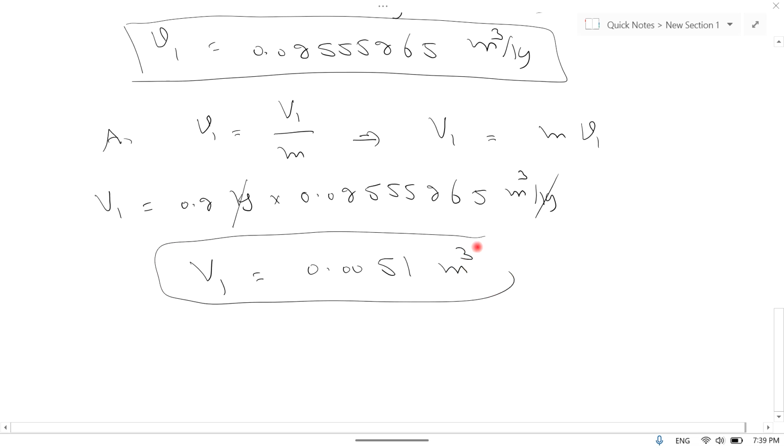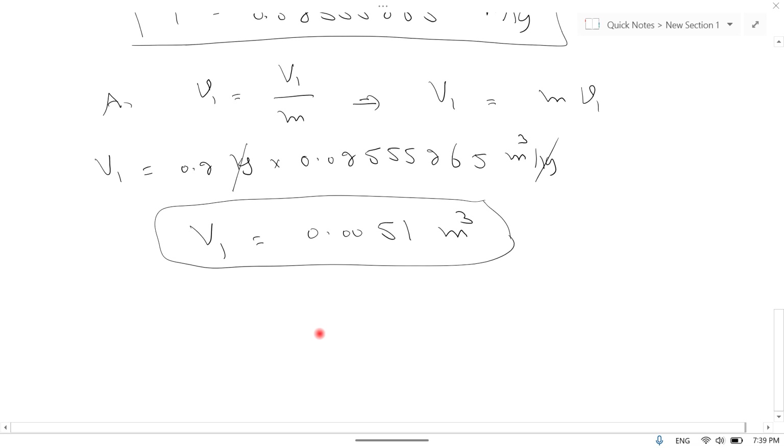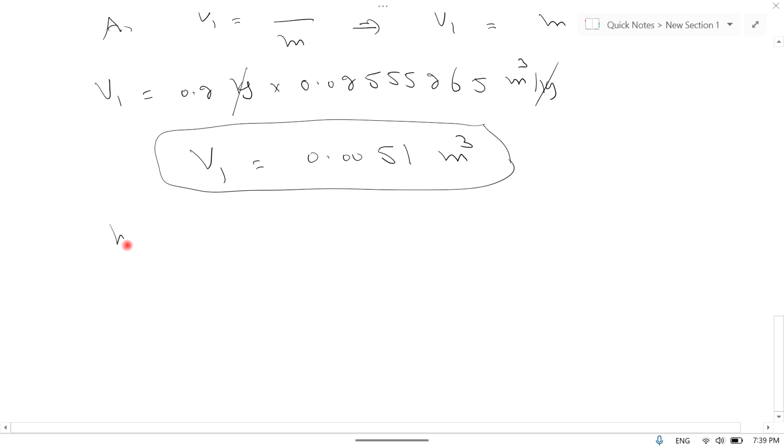This is the initial total volume which is required. Similarly, we can find H1. H1 is equal to Hf plus x1 times Hfg. We can use these formulas in the saturated region, Hg minus Hf. So H1 is equal to Hf, from the table, is